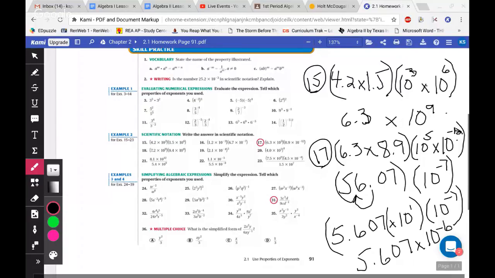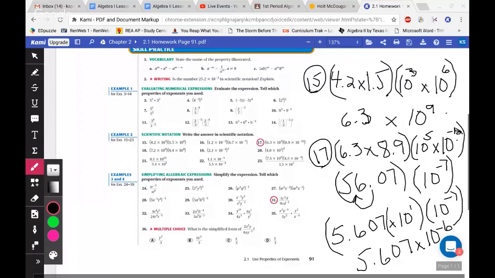Yes, when you move it to the left one, you're adding an exponent. You're going up in exponents. If for any reason you ever have to move it to the right, you would be going down an exponent. I don't know if that makes sense, but there would be those scenarios sometimes where you would have to move it to the right. So yes,